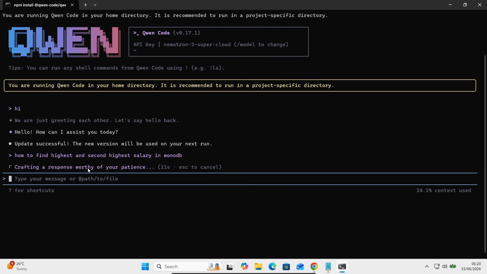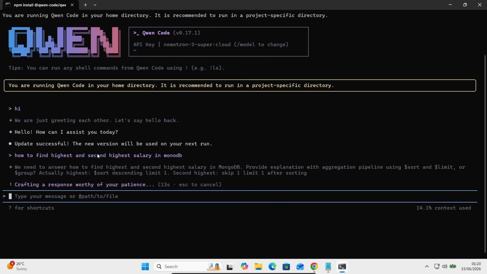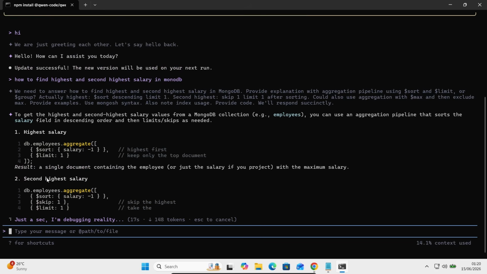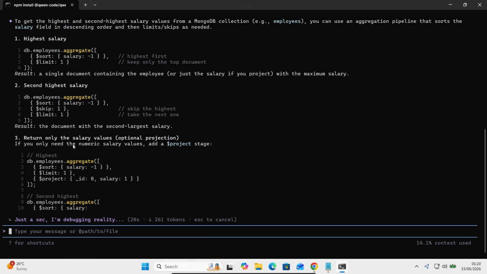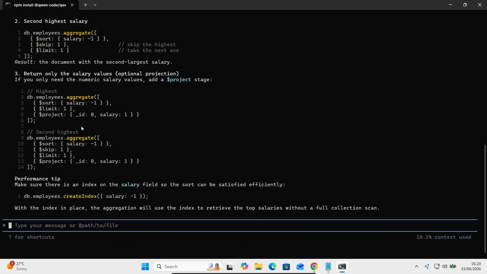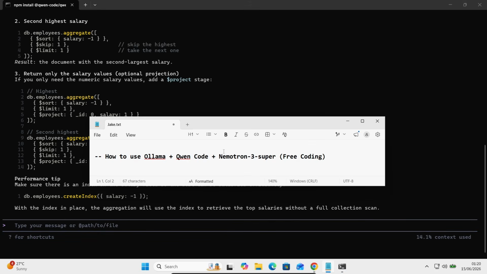So this is now crafting a response. We need to answer this: to get the highest salary, this is returned there. Second highest, for this one, return this one. Okay, three queries, 1, 2, 3. You can try this. After that, you can ask any question with this combination. This is free, and it has some limit also, but you can do this powerful combination of Ollama, Qwen